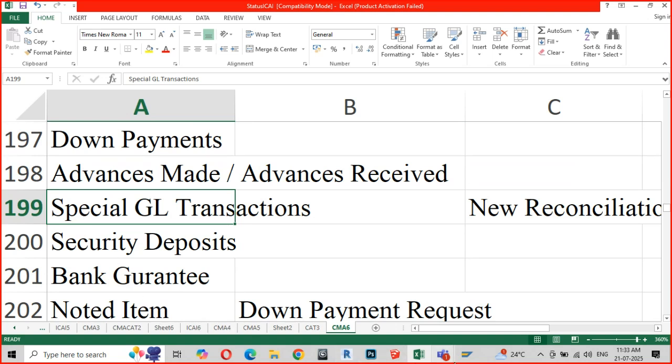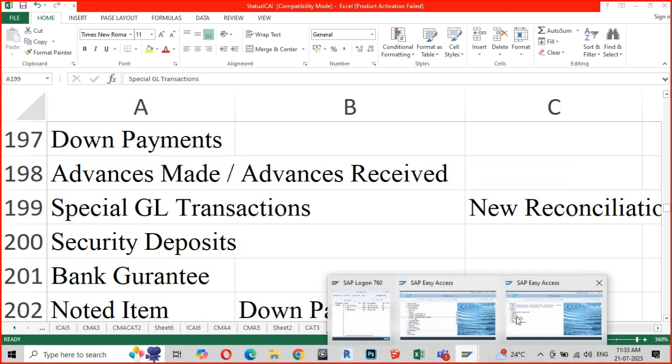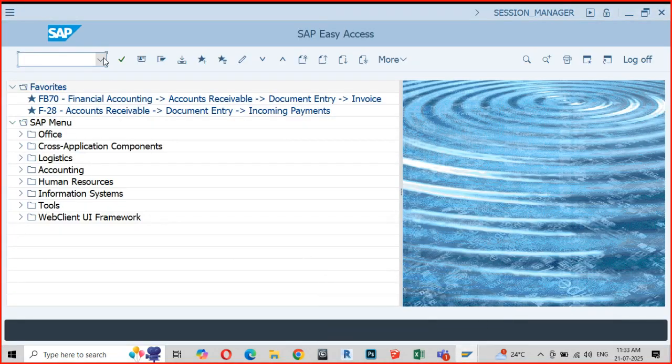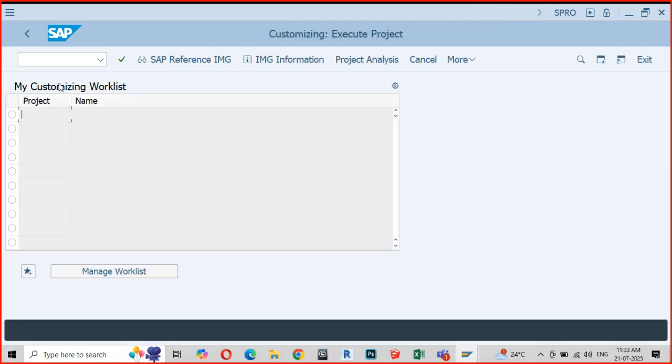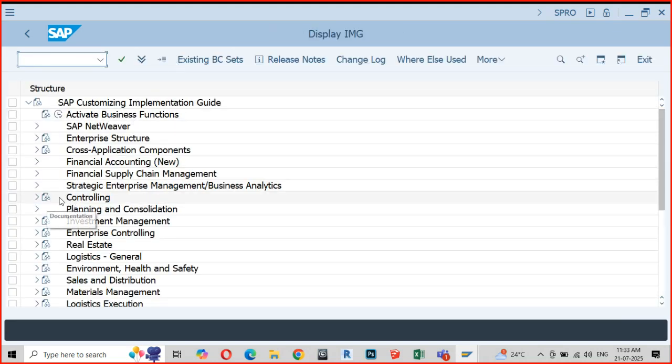So in my SAP system, as a consultant, what would I do? I would go to SPRO and open the relevant menu. This is going to be in your consultant's menu, so don't bother.